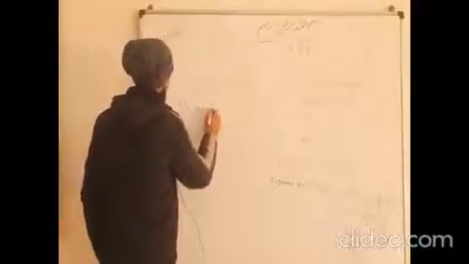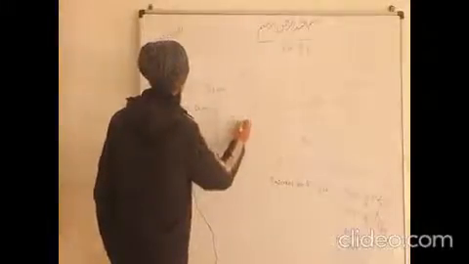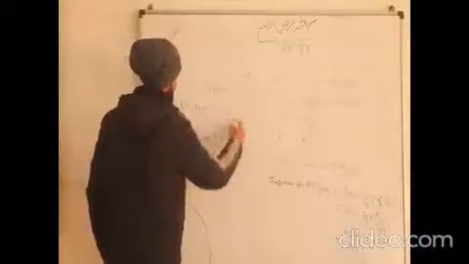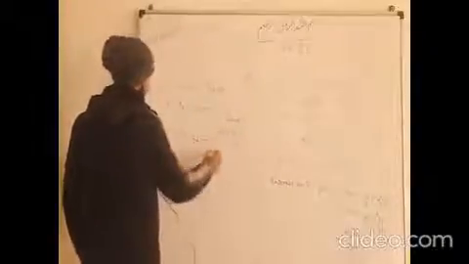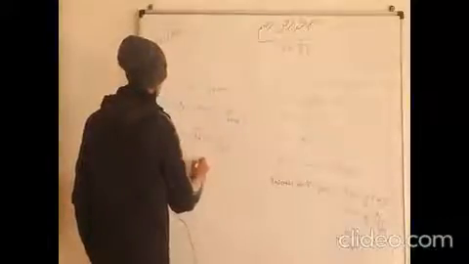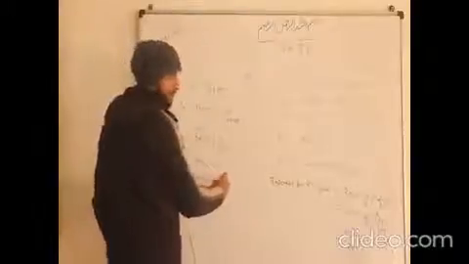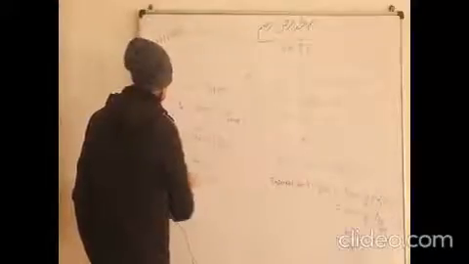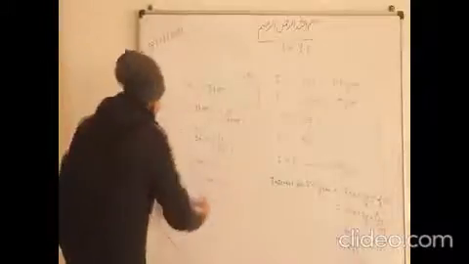3600 into 1 plus 20 by 3 into 100. Okay. So 3600, this will cancel out. Again this is 16 by 15. So it is coming 240 into 16. So it is coming 3840. Okay. Now we will consider this amount as a principal for third year. Then the answer will come.